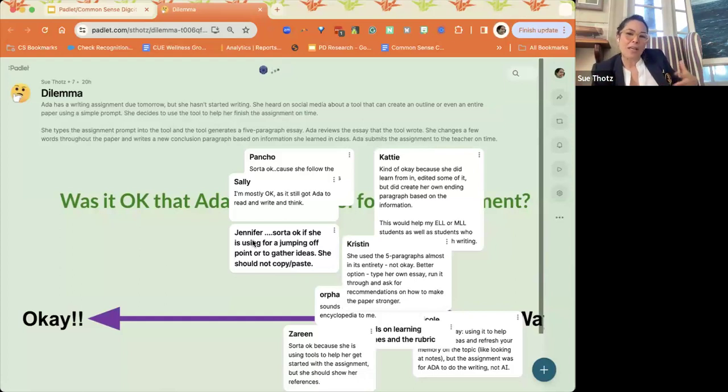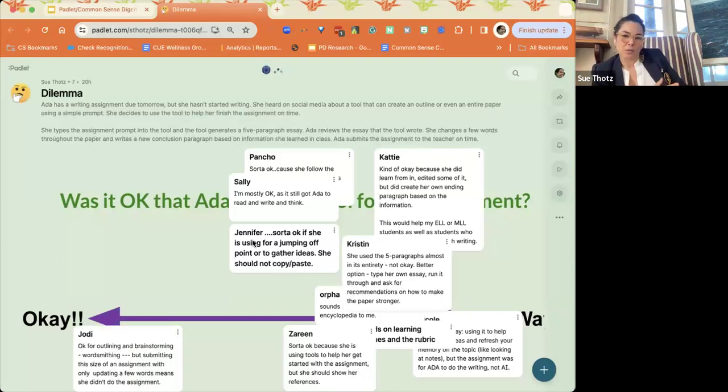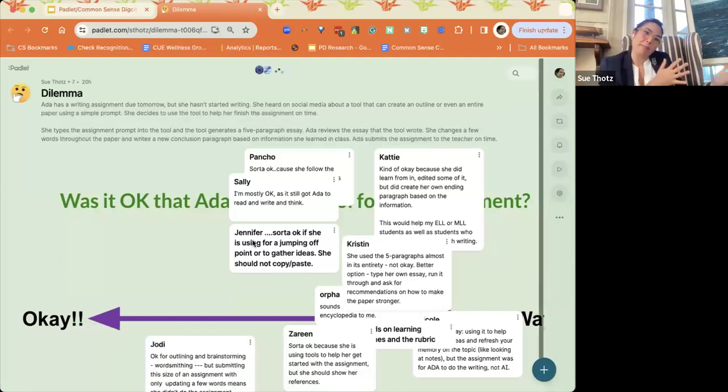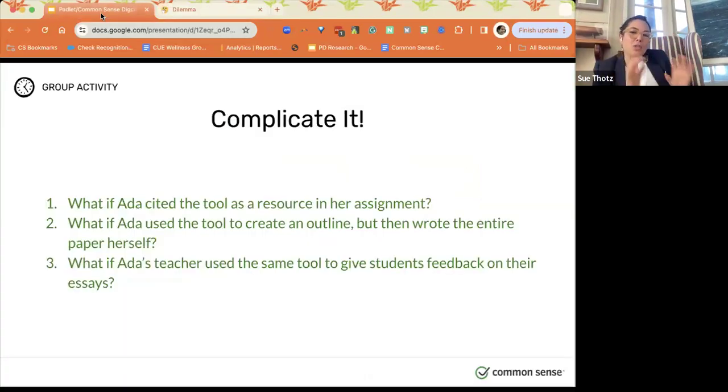So now I can have you adjust if she cited the tool as a resource, right? Maybe everybody shifts one direction. What if I said, Ada used the tool to create an outline, but then she wrote the whole paper herself? Does that change your perspective? Or what if Ada's teacher used the same tool to give students feedback on their essays?